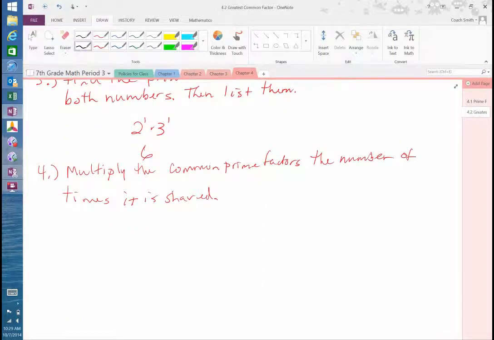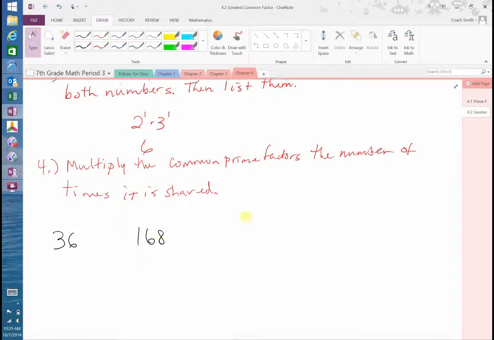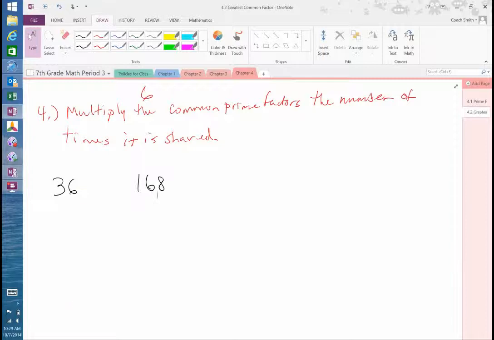So let's look at these two numbers. 36 and 168. Obviously, we would not want to list all the factors of 168. 36 wouldn't be that bad, but we don't want to necessarily do that either. So, if we prime factor the two numbers, prime factor 36, that would be